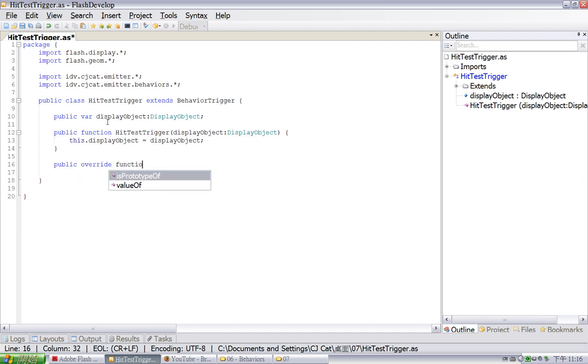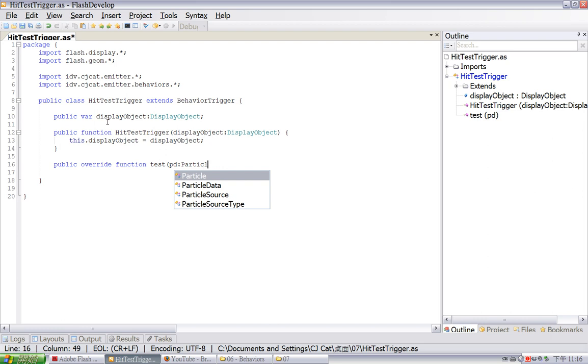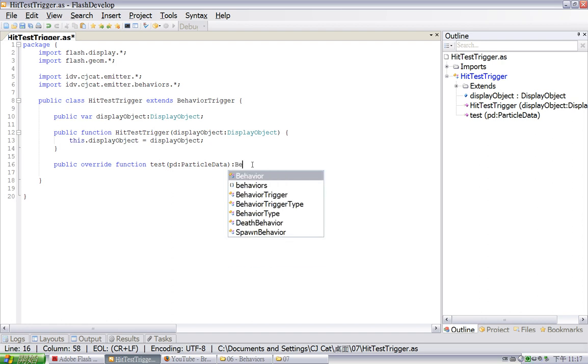Override function test. And here's a parameter called particle data, which will be passed by the emitter. In each emitter's step call, this function is called once for every single particle, and this particle data passed in contains the information of the single particle. So it returns Boolean,